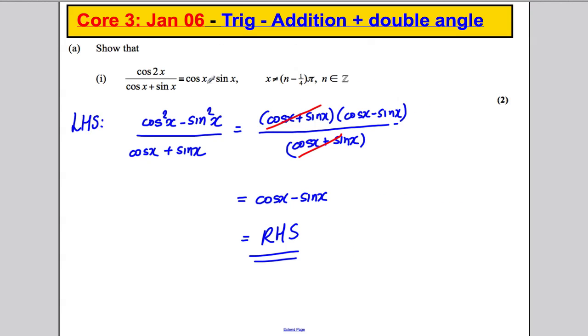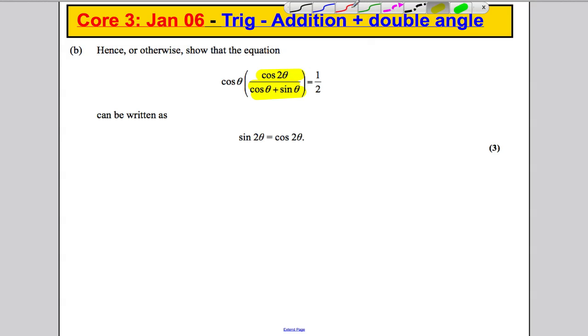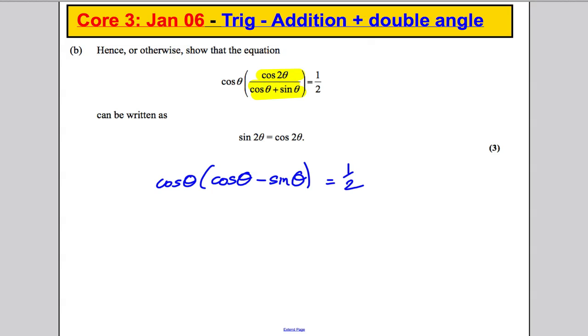I can rewrite that as cos theta subtract sine theta. So I can rewrite this whole thing as cos theta subtract sine theta. Keep the cos theta where it is for now. I can rewrite that as cos theta subtract sine theta is a half, substituting from my work in the previous part. Now I can expand this and say this is cos squared theta subtract cos theta sine theta,